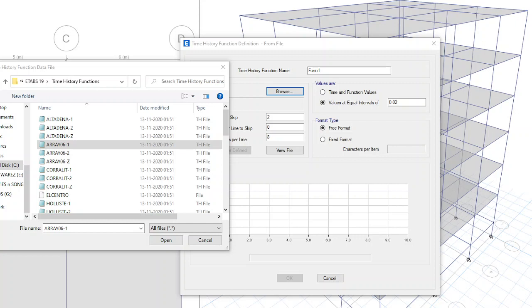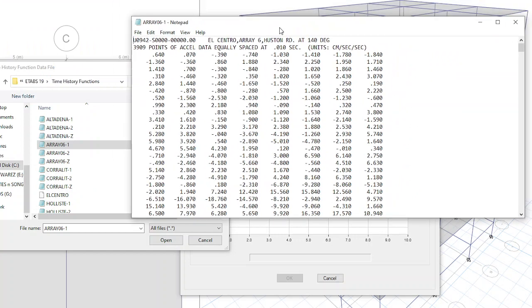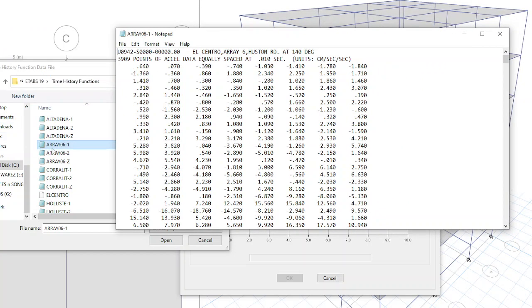There you can see the file, Array 061. Just right click on that. If you right click on that file, it will show many options. In that, open with will also be there. In that, select notepad.